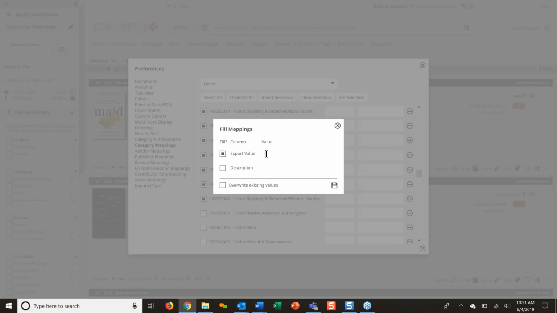And the export value, we're going to say is MYST as our code. And I do like to have the description in there. If you already have a bunch of stuff listed in here, you can override existing values, which means this is going to take precedence over any codes that you've already entered there. Probably not the case if you're just starting out. So then we click save,